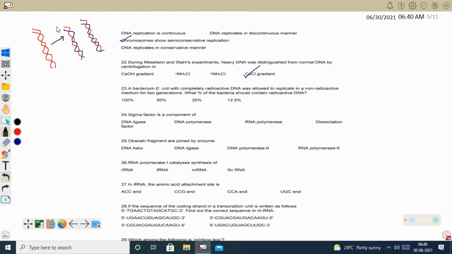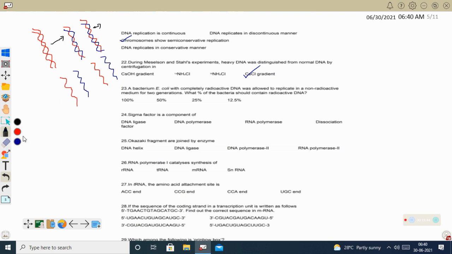Then in the next generation, this will be separated into two strands. One strand will be in red color. The red color strand is the radioactive strand, and another strand will be in blue color. Blue color is the non-radioactive strand. Here also it will be produced the same way. One red color band will be produced from here because one is a radioactive strand. Another blue color strand will be produced from here, that is the non-radioactive strand. These two are hybrid strands. Even though it is a hybrid strand, it will show radioactivity because one strand is radioactive.